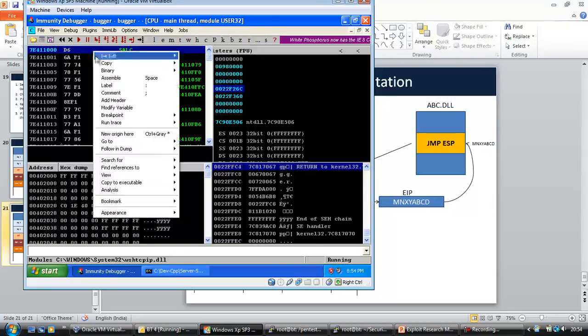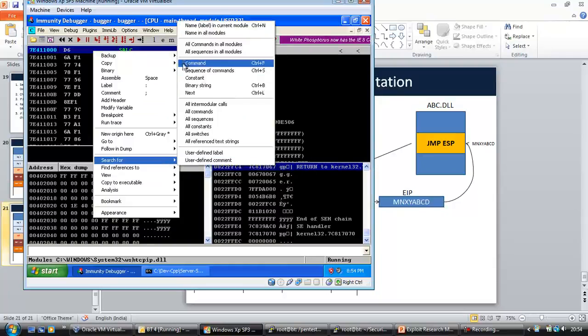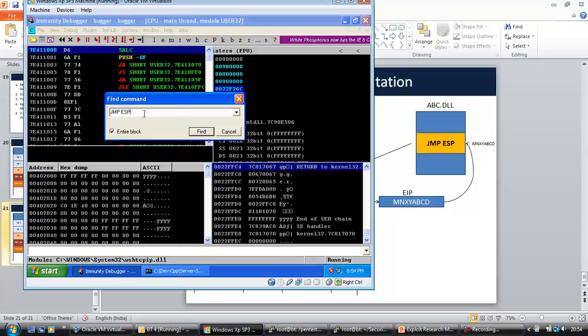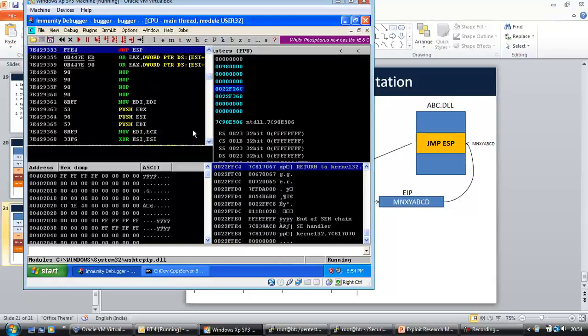Then we can right click and say search for command, and in that we can type in jump ESP. Right, so this is the command we need, and what we want to find is a memory location which does not have a 0 in it as part of the address, but which will execute the command jump ESP. So let's click on find, and you notice we found an instruction located at memory location 7E429353, and this location contains the instruction jump ESP